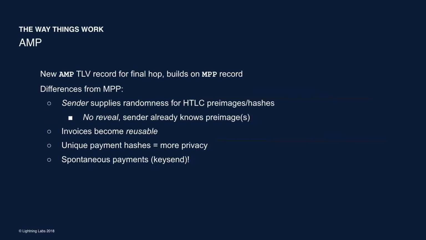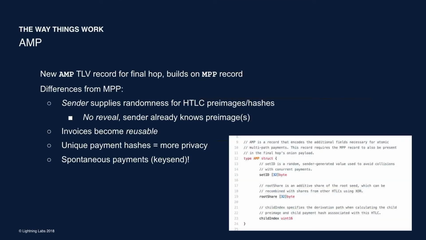And finally, I think this is probably one of the most requested features that I've seen on Slack, and in people talking to me in person at meetups: this idea of spontaneous payments, or what Roast Beef calls keysend. This is the idea where you don't even need an invoice at all to make a payment. I can just send an HTLC to some node's public key, and they can either choose to accept or deny this sort of donation, this HTLC that came out of nowhere, and I'm just going to choose to accept